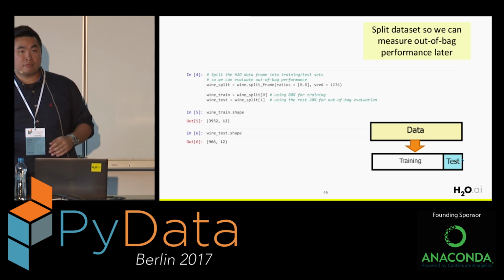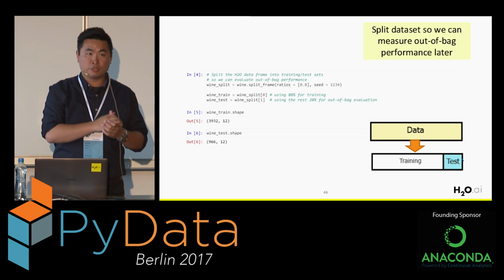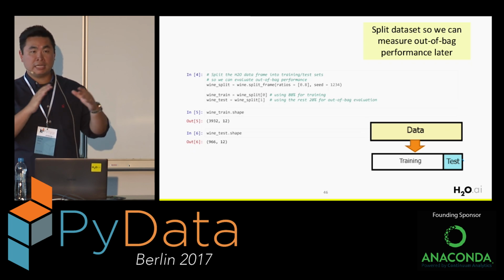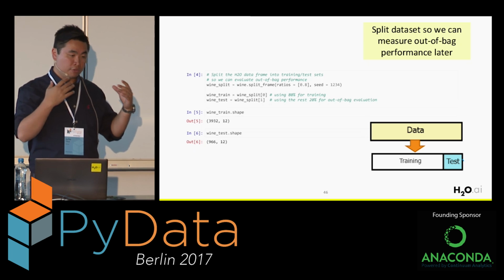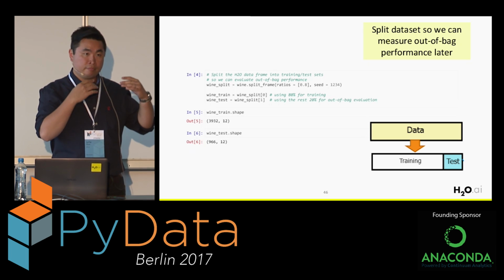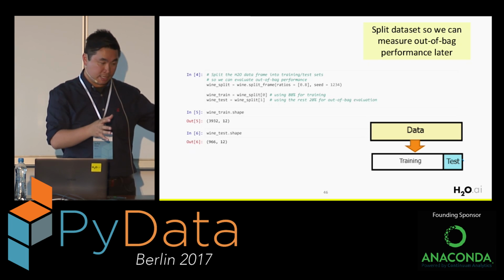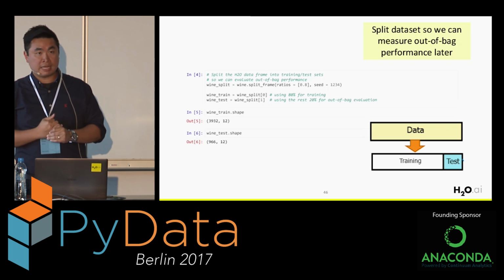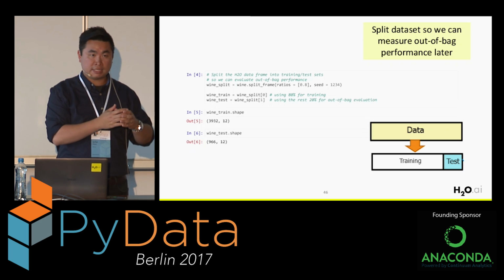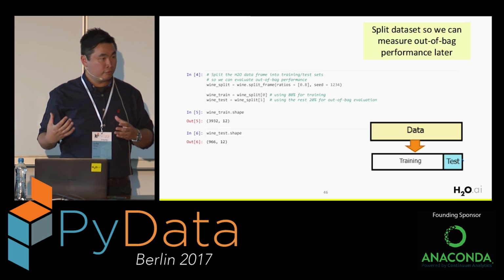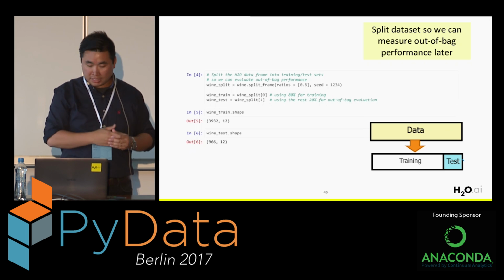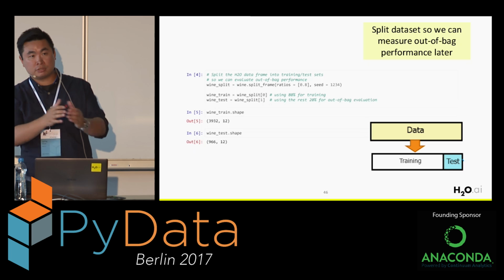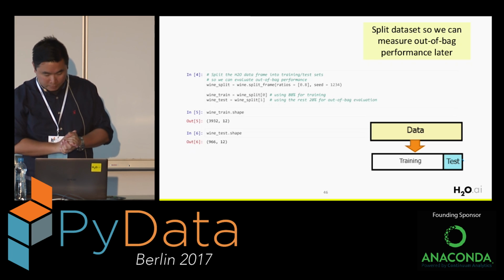And then this is one of the really common tasks that you do for machine learning. You want to split the data into different parts, because if you use all the data to train your model, you can fall into a problem called overfitting. You memorize everything very well in the training data set, but the model doesn't generalize to the future problem, to other data. So sometimes we separate a hold-out set for testing and further validation, and use the rest for training. That's what we do here. I'm using 80% of the data for model training and holding out 20% for further testing. And that's how we do it in H2O.